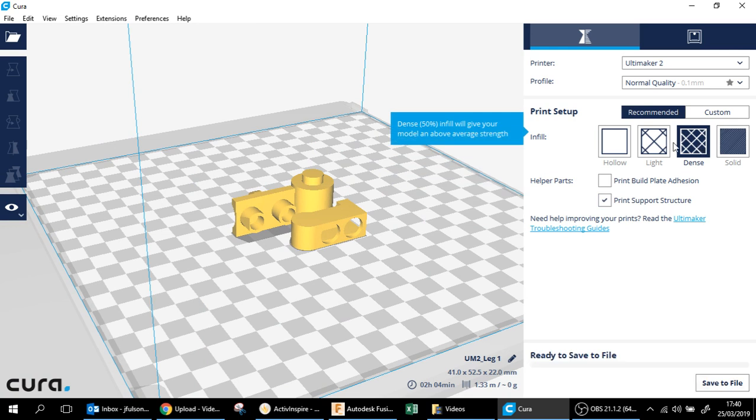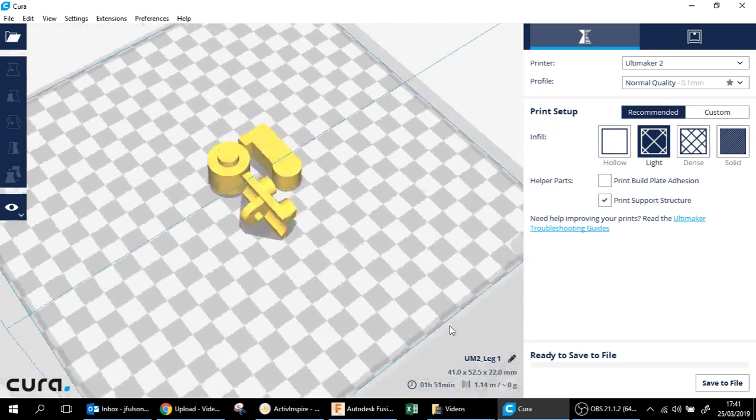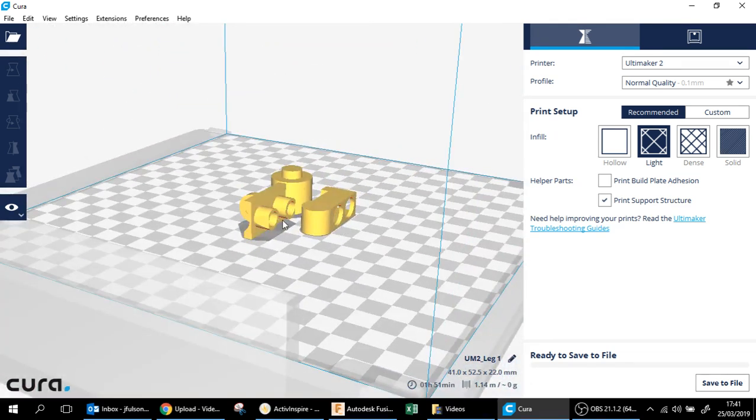You'll want yours, because we need to be a bit faster, to be light. You'll want it, just making sure nothing's touching anything. You want to make sure they're all close together so it prints quicker. You want print support structure, normal quality, and you'll notice it tells you exactly how long it'll take to print each of those. Okay. If I double click on this, and I've changed it to my name,